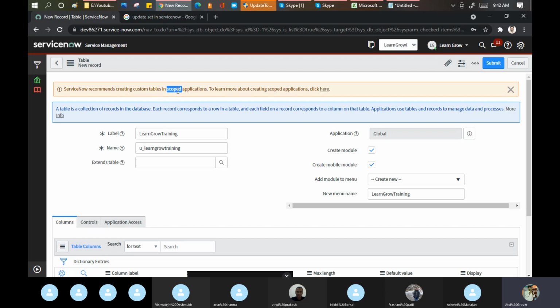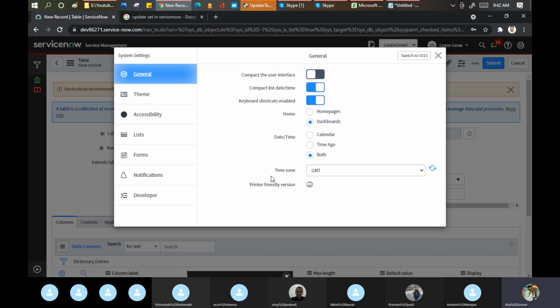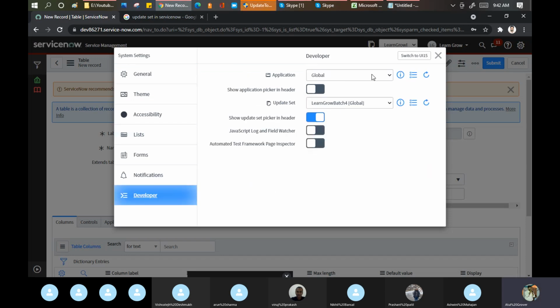When you create a scoped application, the table starts with x underscore table name. Specifically for the scoped application, we use this. Let me show you the scoping part here. It is very early that you asked this question, but let me show you.